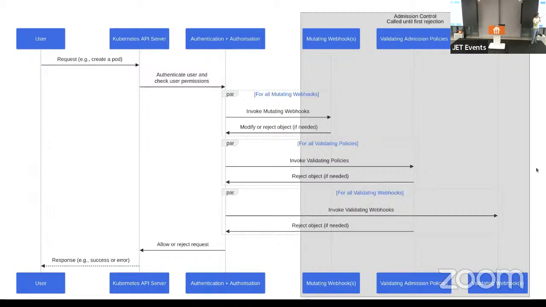So first are mutating webhooks. These are called first. The key is in the name. Kubernetes will call out to your server for any matching resources and offer to let you mutate them. So you can use this for things like you have the same workload that runs on multiple clusters. Each cluster has its own registry.